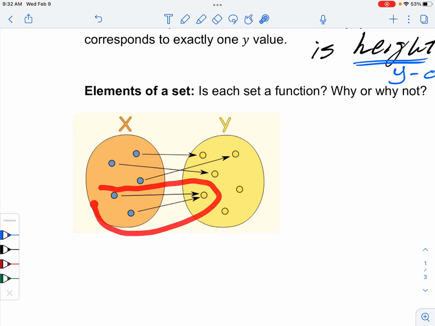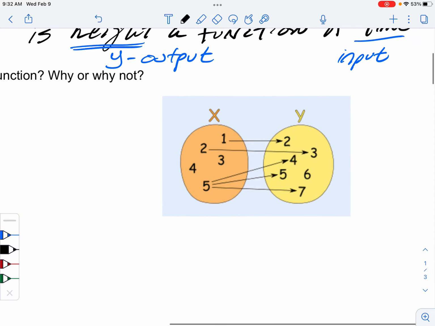This is the situation that can get a little confusing sometimes. It's okay if more than one input goes to the same output. All we're worried about is if each input goes to exactly one output. So yes, this is a function. It does fit our definition. If we go over to our next example,